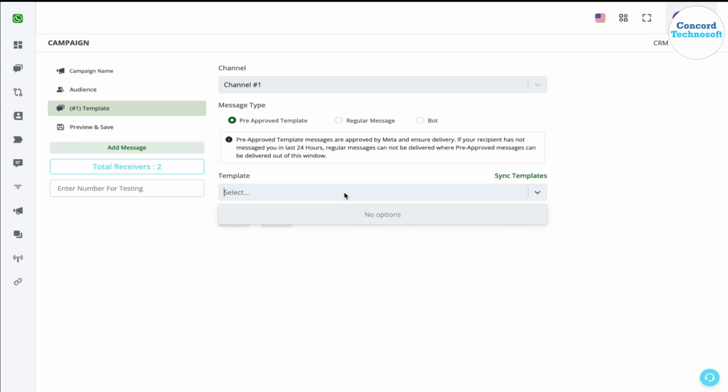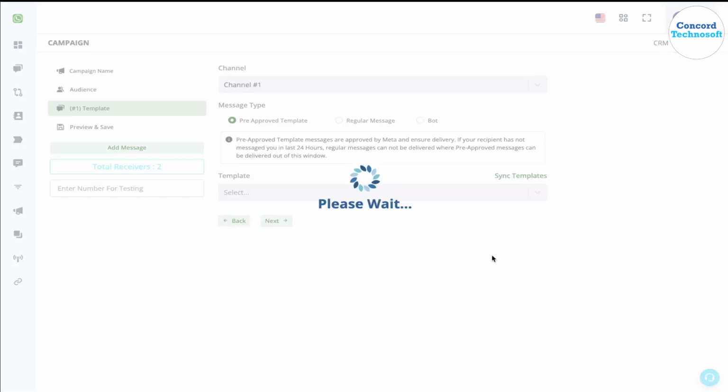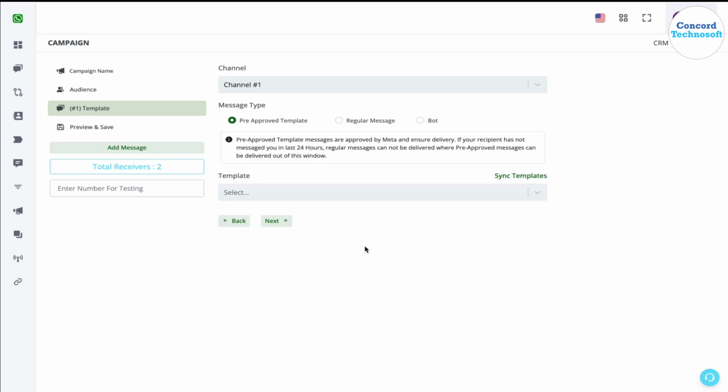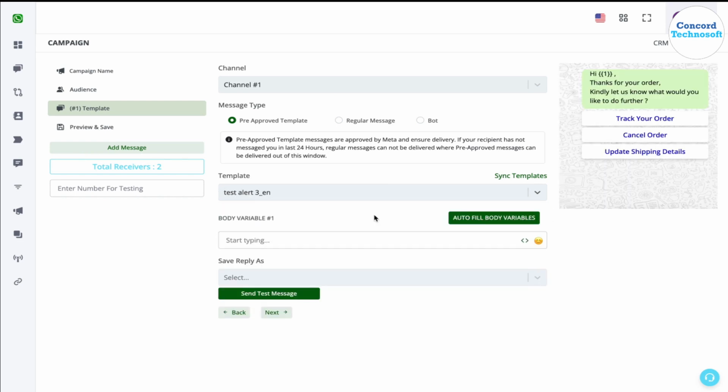Now if you have any pre-approved templates, it should show here, but if you have created the templates in the CRM and they are in the WABA and they are not visible here, simply click on sync templates. Now all the approved templates would be fetched and you can see them here. Then you can select any of the templates, and once you have selected the template, you'll get the option to